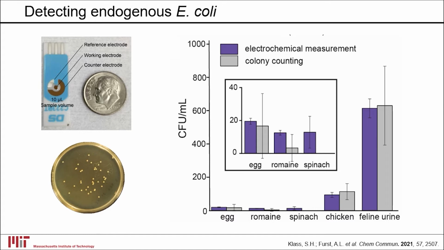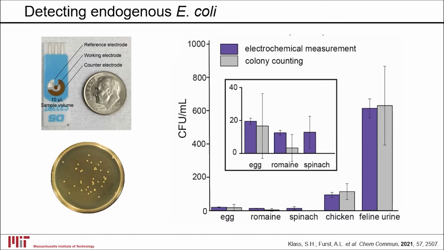So what we did here is we acquired eggs, romaine lettuce, spinach, and raw chicken, all from a local farmer's market. We also acquired a feline urine sample from a vet that had confirmed that animal had a urinary tract infection that was E. coli. We can see here in purple quantification of the cells present by our electrochemical measurement, and in gray is